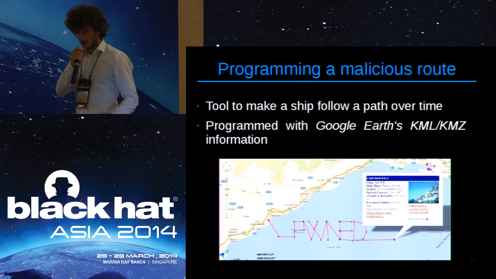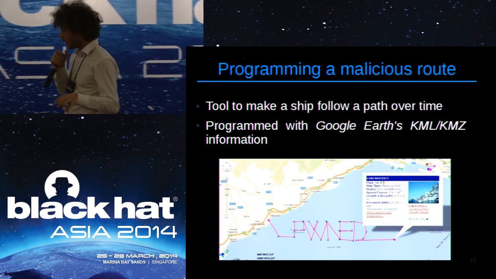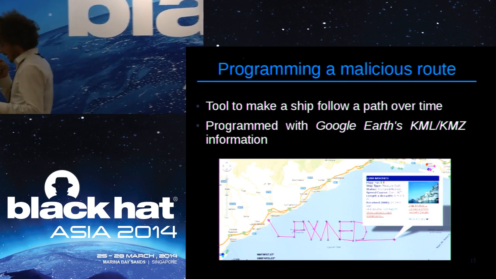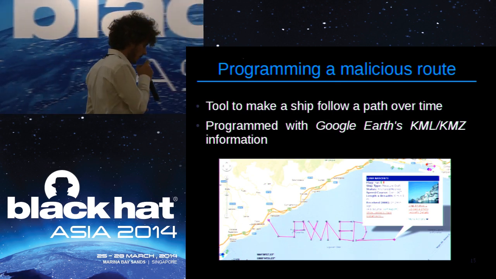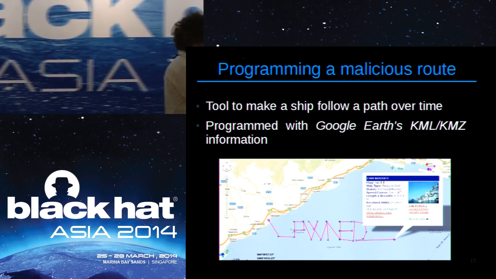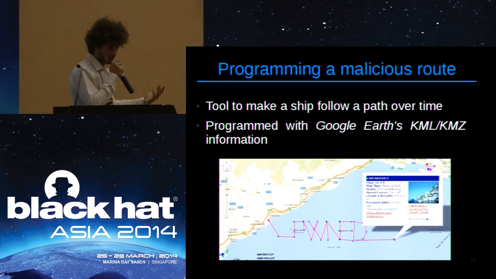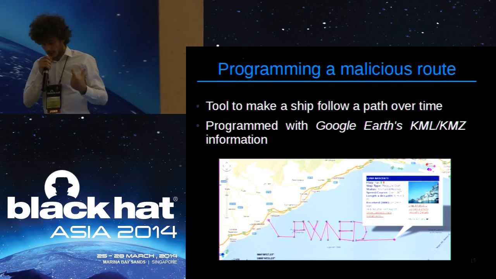We can also program a malicious route. We can use a Google KML file as input, and say, okay, I want to fake a ship that is moving across the Mediterranean Sea, spelling the word "pawn" over 12 hours. So the ship will basically move around and spell the word. This is like a game, but